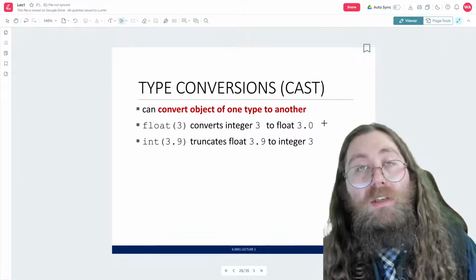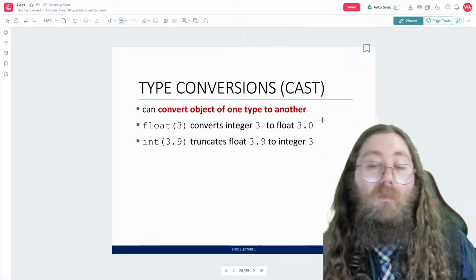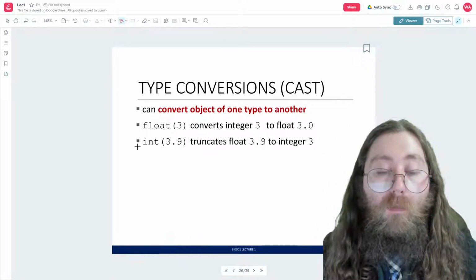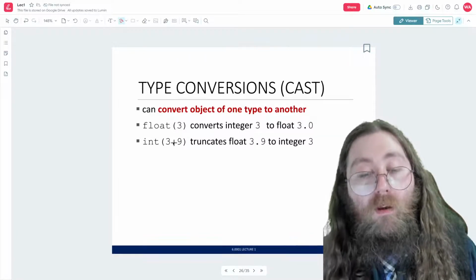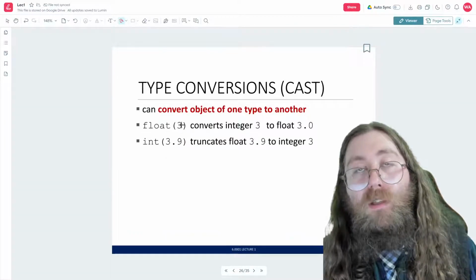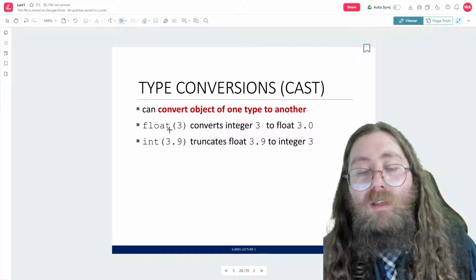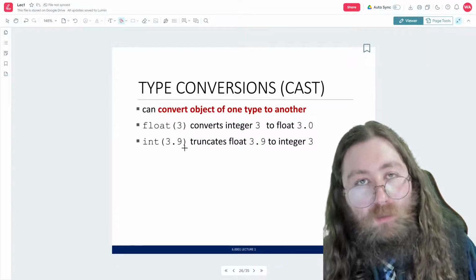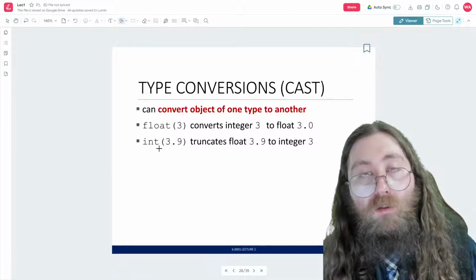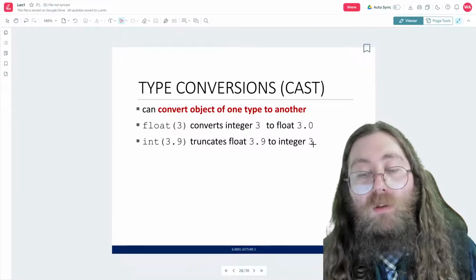This function is just intelligent enough to know that it can put a decimal there and a 0, and look, now you've got a float, right? Now, int has a similar function here, but because integers don't have the decimal component, the rational piece, when we use this typecasting function int on a float, it's going to truncate that number down to 3.